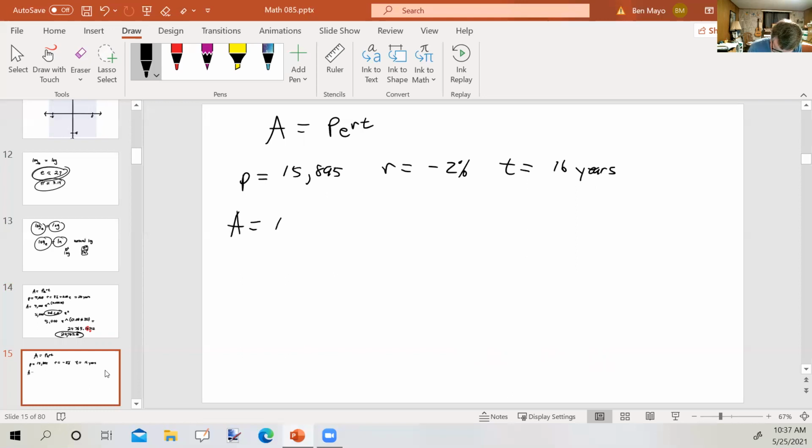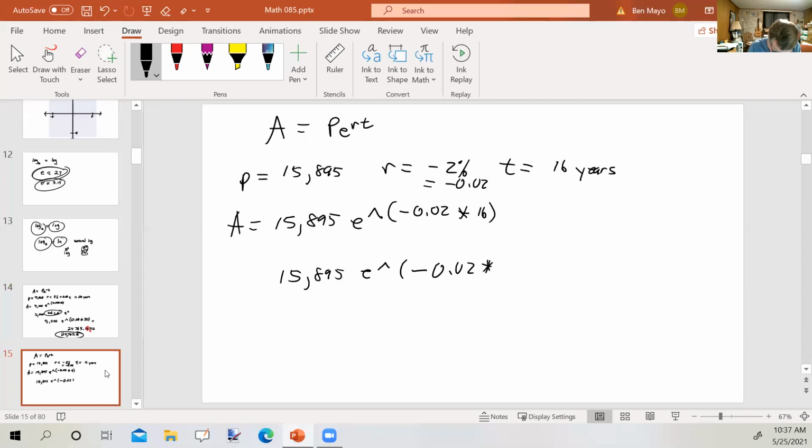So A is 15,895 times e to the negative 0.02. Recall that this is going to be that times 16. Okay, so 15,895 second ln. So I've got this. Then I'm going to put in negative, not the minus sign, but the negative 0.02